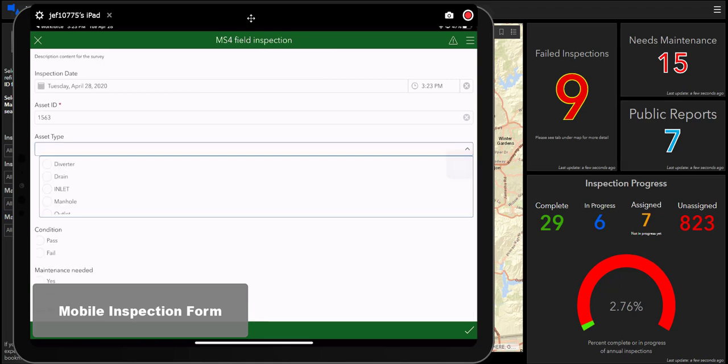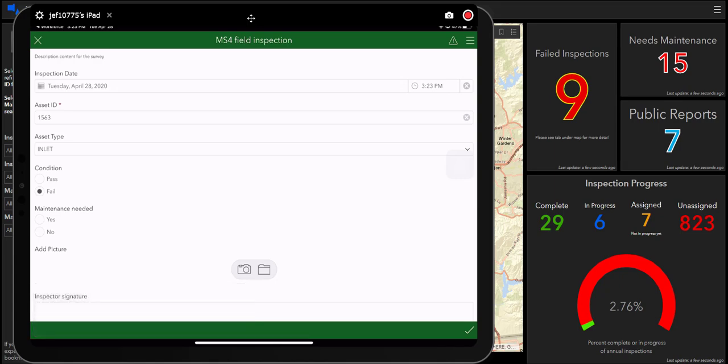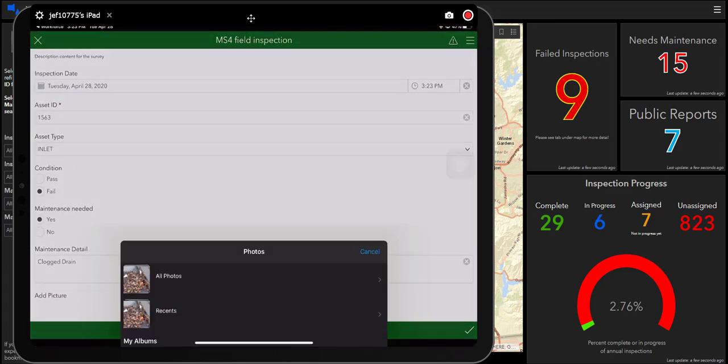As you can see, the asset ID is already populated for us, which is consistent. We pick the asset type. We're going to go ahead and fail this inspection and say that we do need maintenance and type in some maintenance detail on that. So let's go ahead and type in that it's a clogged drain. Okay, I want to take a picture of that to show what's going on in the field